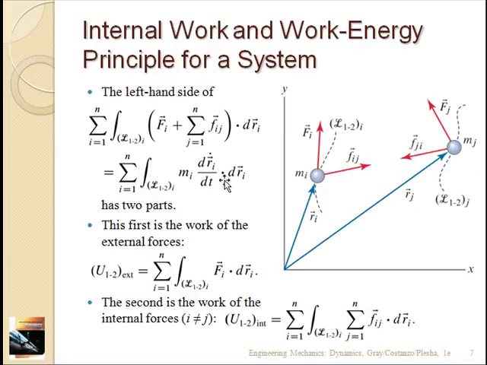The left-hand side looks like this, okay? The first term is the work done by the external forces, which looks pretty straightforward. It's just a sum over all these external forces of the work done as the particle goes from point 1 to point 2. Okay. The second term coming from here is the work done by the internal forces. We can write that this way. It's a sum over all the particles plus there's an internal sum over the force on any individual particle from all the other particles, so it's a double sum.